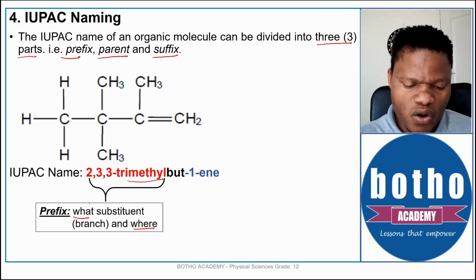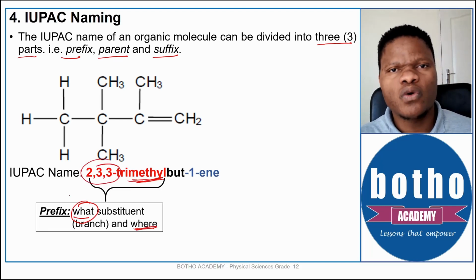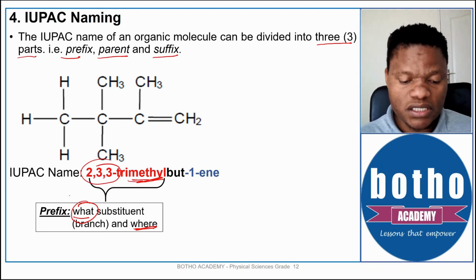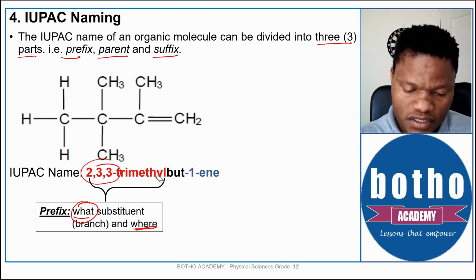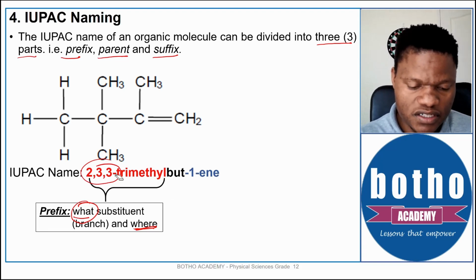So this is the what, which is the methyl, and then the where is what the numbers are telling you. The numbers are telling you where the substituents are, and the name then tells you what those substituents are. So these substituents are methyls. And if you look